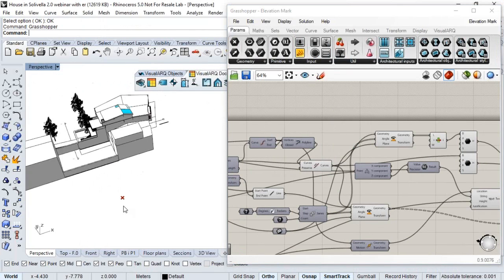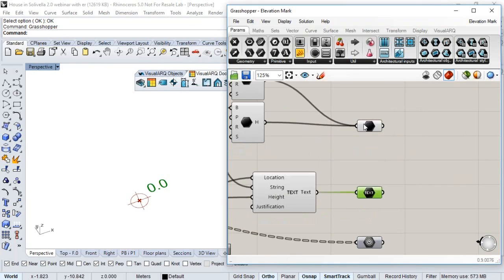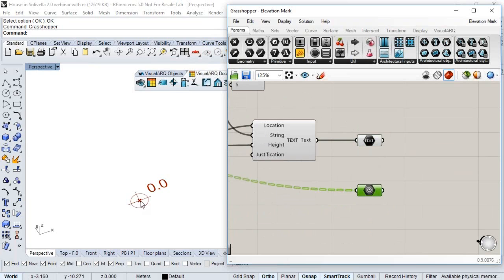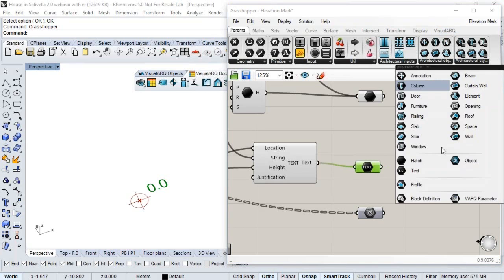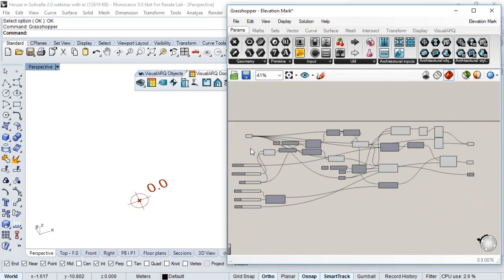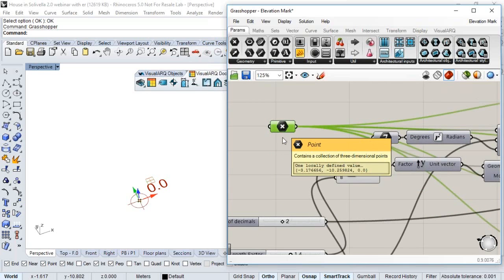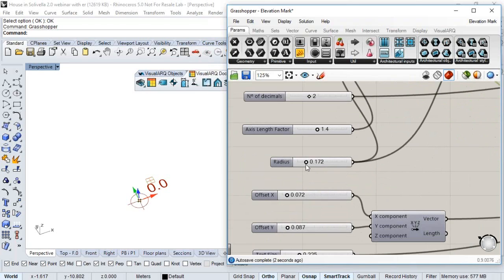This is just a definition that on one hand generates a text, and on the other generates this circle with the cross for the reference, for the elevation symbol. This text is required. It comes from this component here, and is required by VisualARQ to understand it as a text, also integrated in the object. Okay. So here we have some parameters. For example, one point of reference, and we can choose the number of decimals, or some other values for this elevation mark. So we save this,